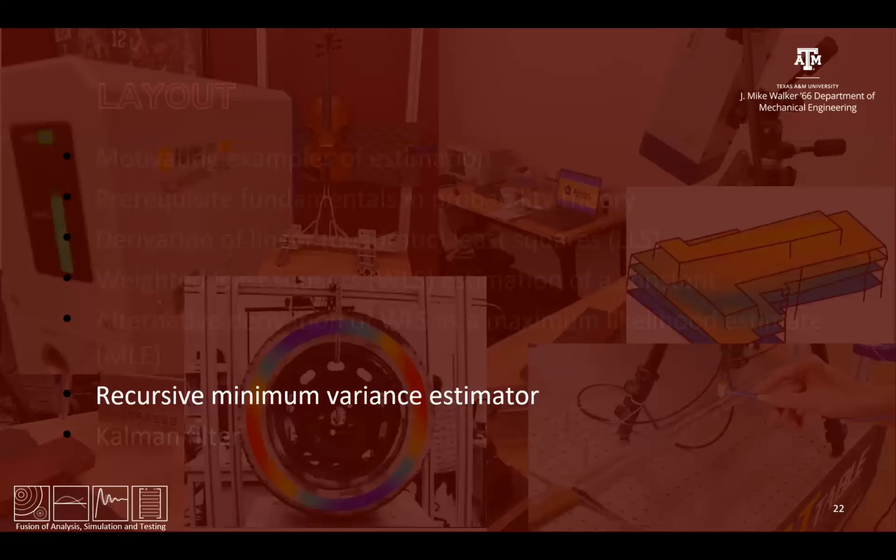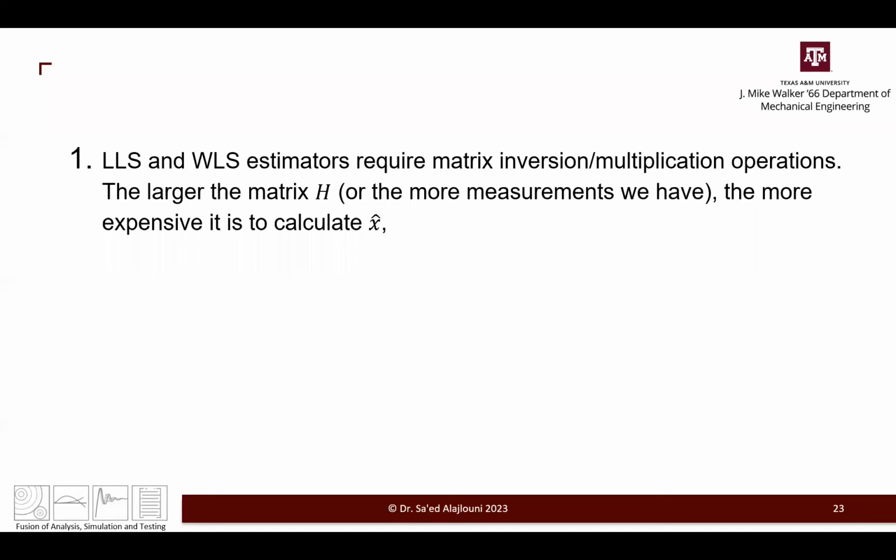Now we'll talk about the recursive minimum variance estimator. This is important to understand the Kalman filter derivation. It's basically the derivation, and then we will adapt it a little bit to get to the Kalman filter. So to remind you, last time when we talked about the linear least squares, LLS, and the weighted least squares estimators, the expression for the estimator x hat required